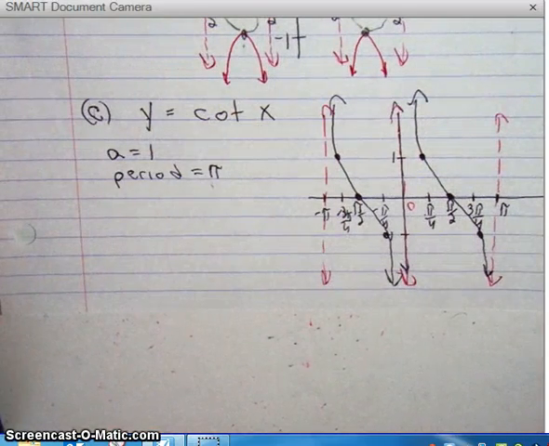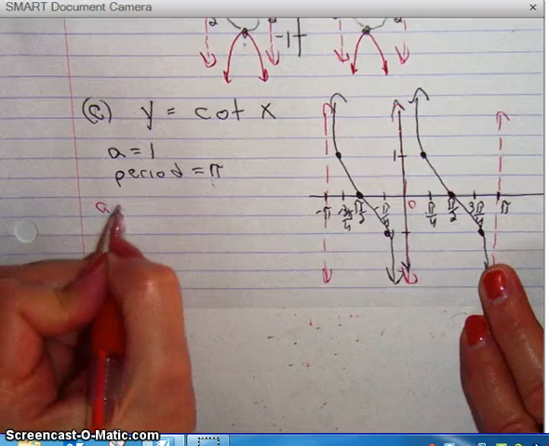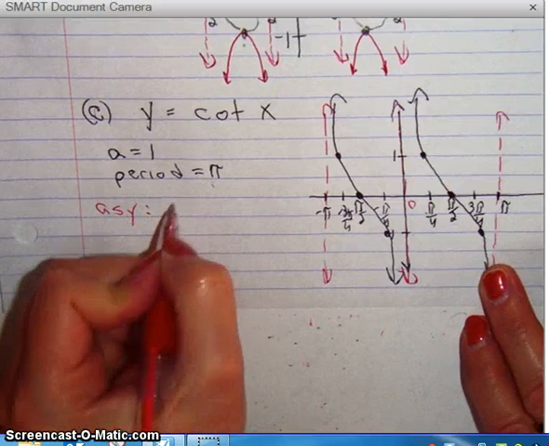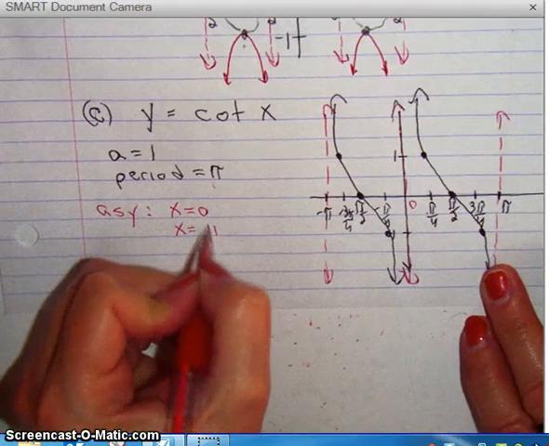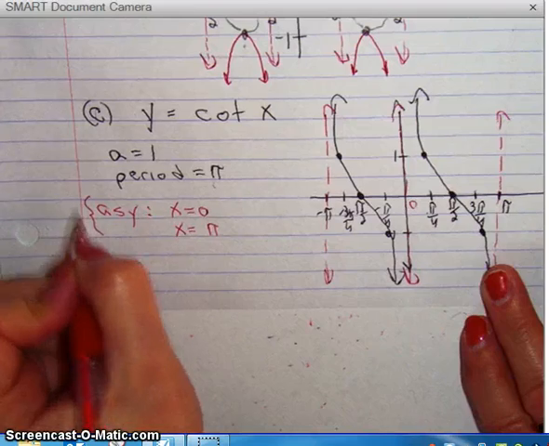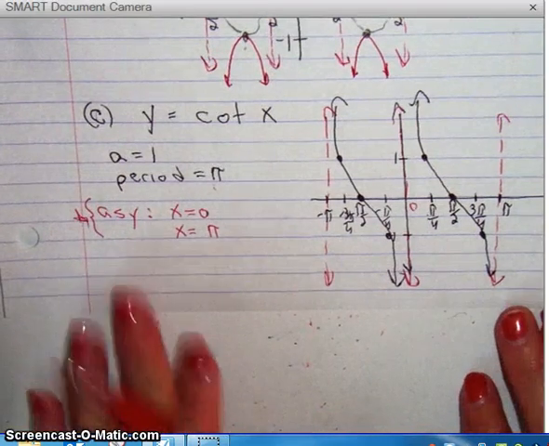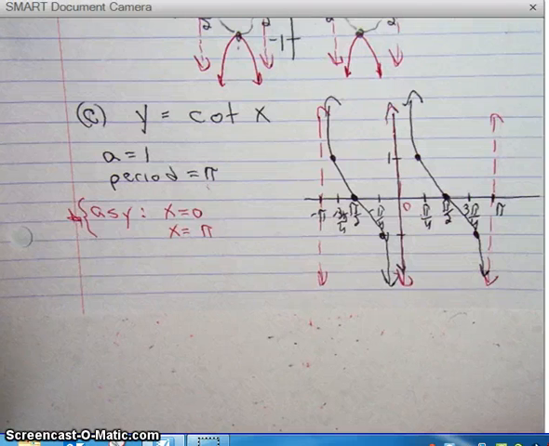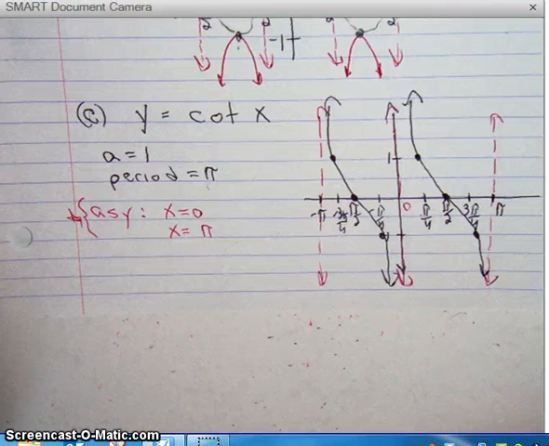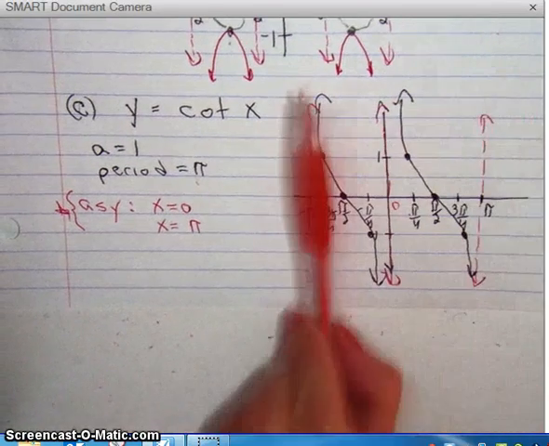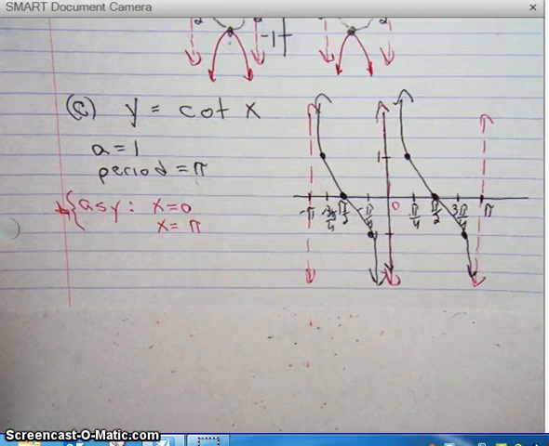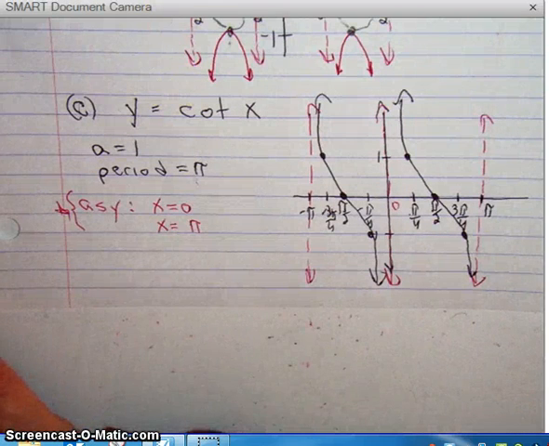Now, so for cotangent, guys, this is going to be new for you. The asymptotes are at x equals 0 and x equals pi. You just have to remember that it's kind of flipped around. Should we do plus or minus pi or just pi? No, you can just leave it as pi. Usually they ask you for these two asymptotes, so not all three of them. Okay? All right. Tomorrow